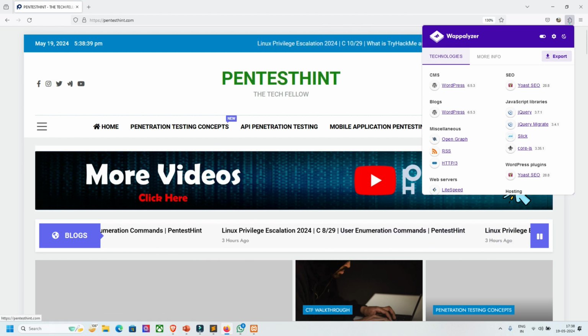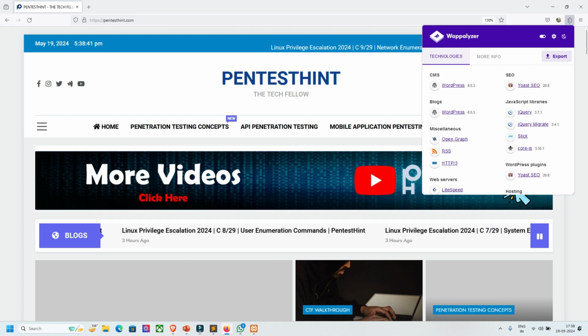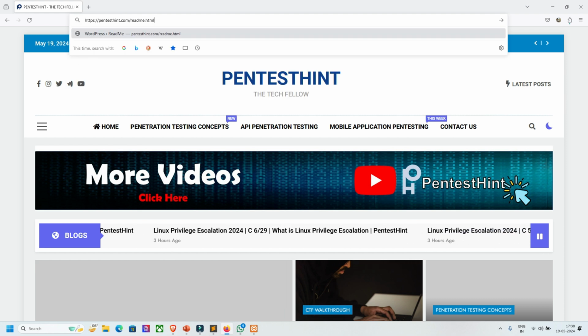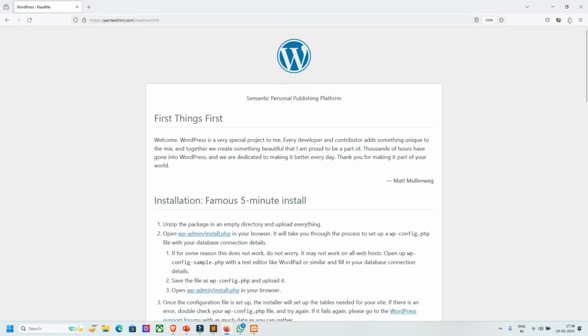The second option is that generally in a WordPress site there is a default file, readme.html. So pentesthint.com/readme.html, whenever you visit this page, you can see the WordPress logo. That means this website is developed in WordPress,